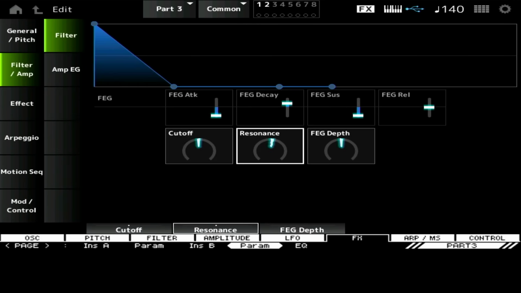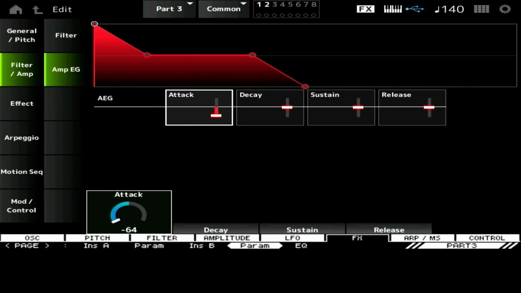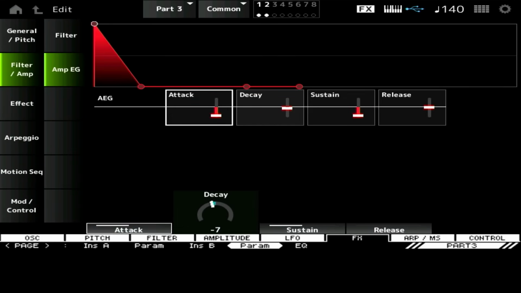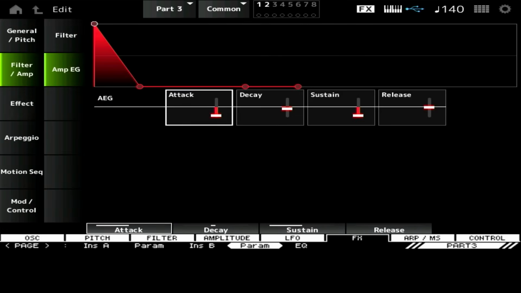Too much resonance. All right, then we want our amplitude again, no attack, no sustain. More, a little less. All right, and oops, we want to go back to here,